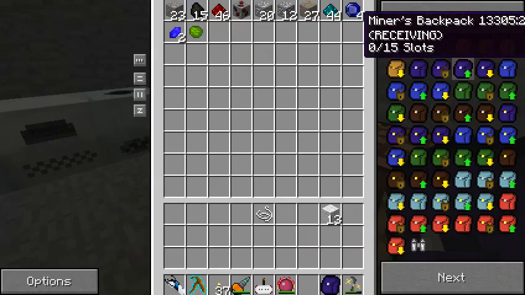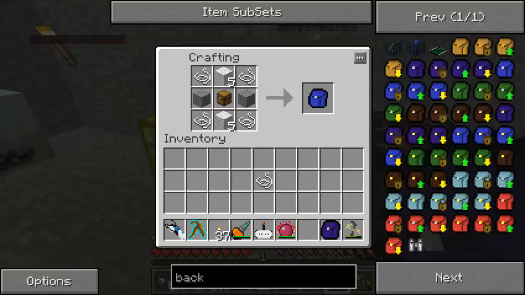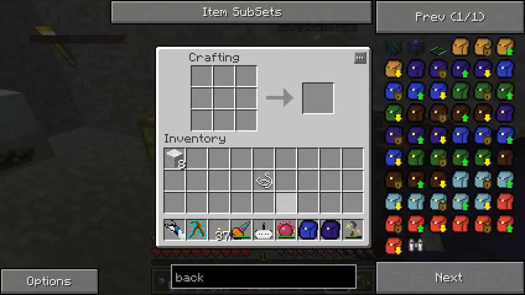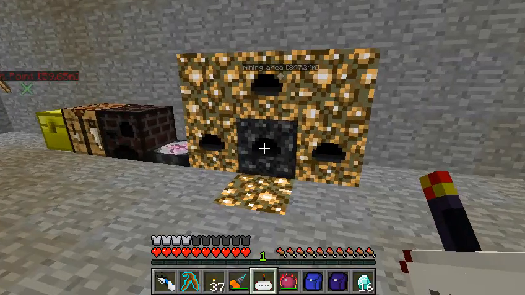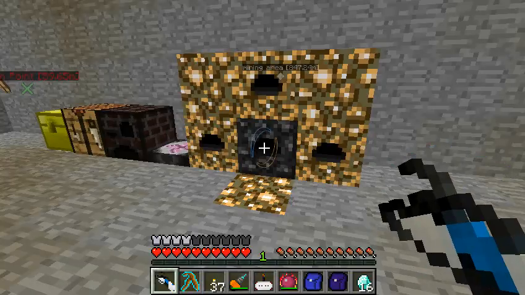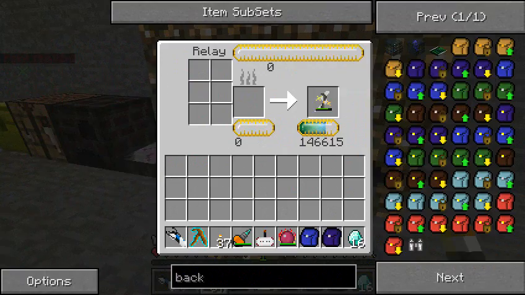We also want to make a digger's backpack. So let's make that. So here we have a digger's backpack, and this will do the exact same thing that the miner's backpack does, except with dirt, cobblestone, sand, and gravel. So even though this is producing a nonsense ton of EMC, let's get into it here, and let's take this out,